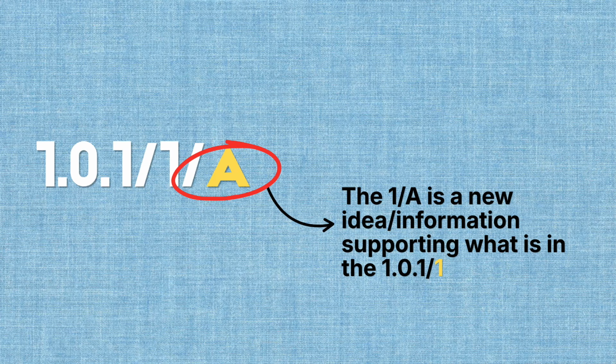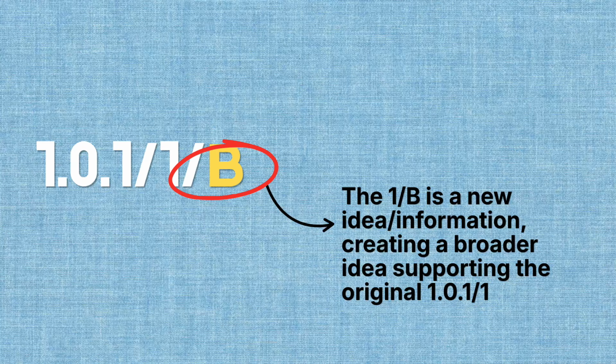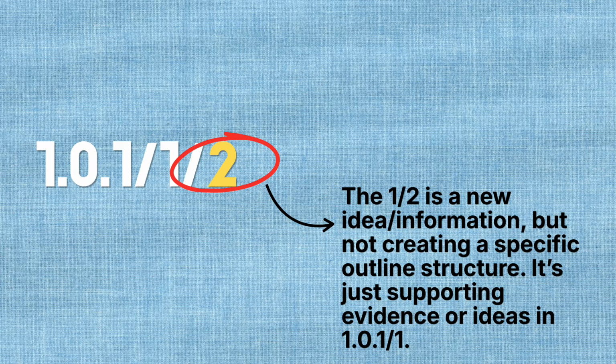It can change. You have your 1.0.1/1/A, which means you've already figured out some sort of a structure and you have an outline and you're going to follow that format. So 1.0.1/1/A is point one of the outline. So 1.0.1/1/B would be the second part of the outline. You also can have cards that are like 1.0.1/1/2, which is simply just saying you're chaining more information underneath that /1 card. Now remember, the main points of thought, if outline, is going to use that A, B, C, but then also you're just adding information under that.